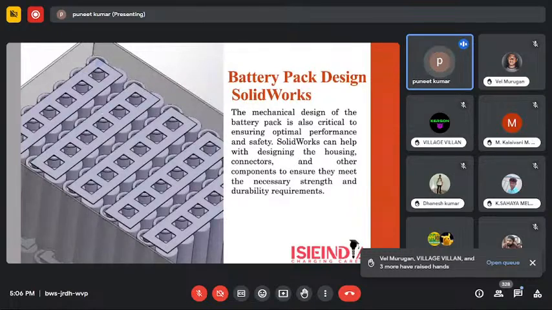So you can see 1, 2, 3, 4, 5, 6, 7. 7 cells are attached in series. And then if you see 1, 2, 3, 4, 5, 6, 7, 8, 9, 10, there are 10 cells that are arranged in parallel, right? So for designing these, SolidWorks comes very handy. What we usually do is we take all the dimensions, right, and then put our cells such that we can efficiently minimize the volume and efficiently increase its